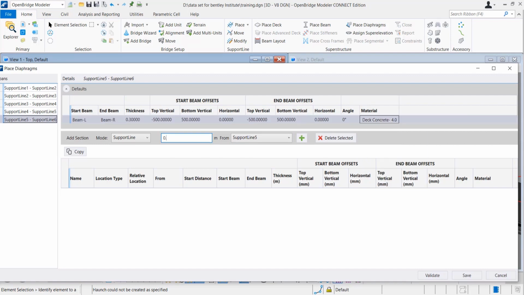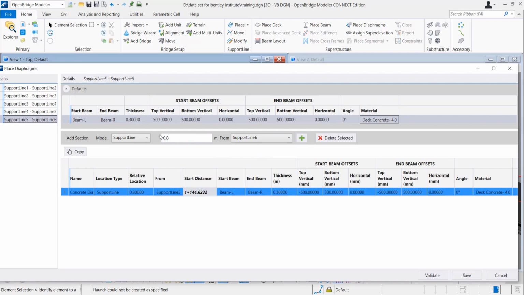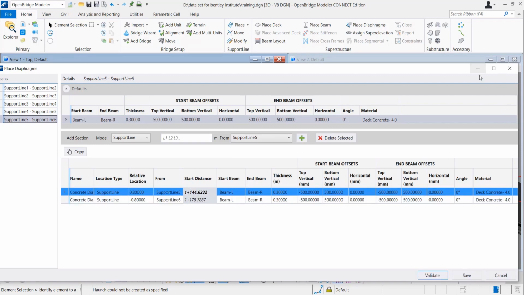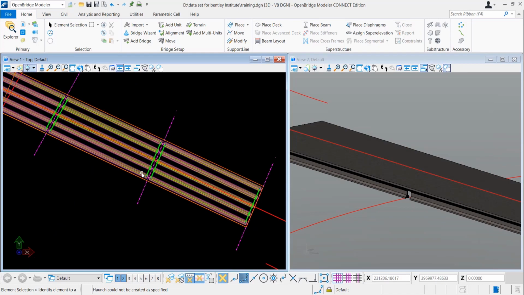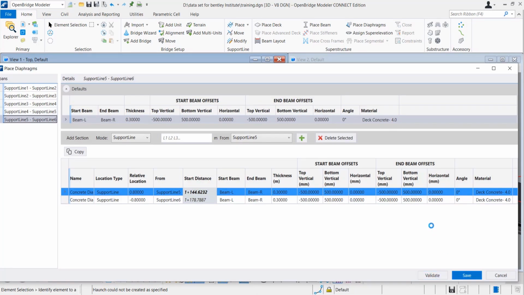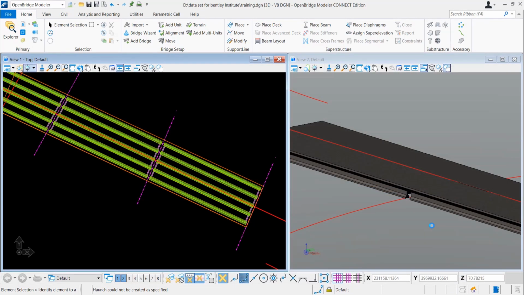Individual diaphragms are taken care of by individual dimensions, so you can change those anytime, it's not an issue. So we have defined all our diaphragms, and let's save it. Then we will see how it places the diaphragms in 3D.